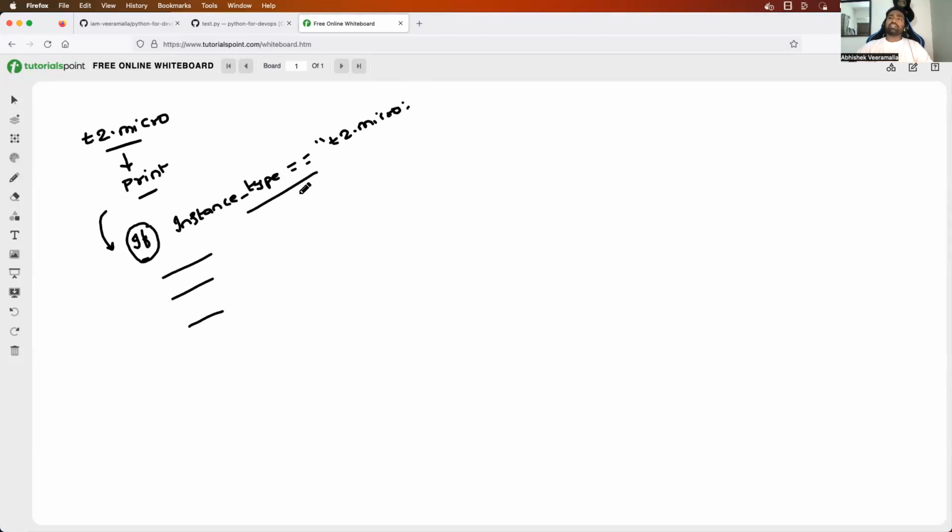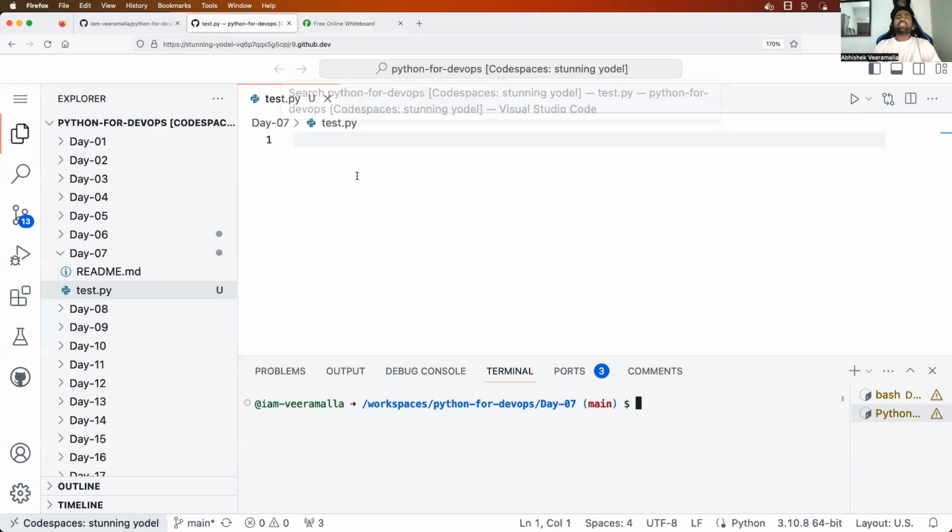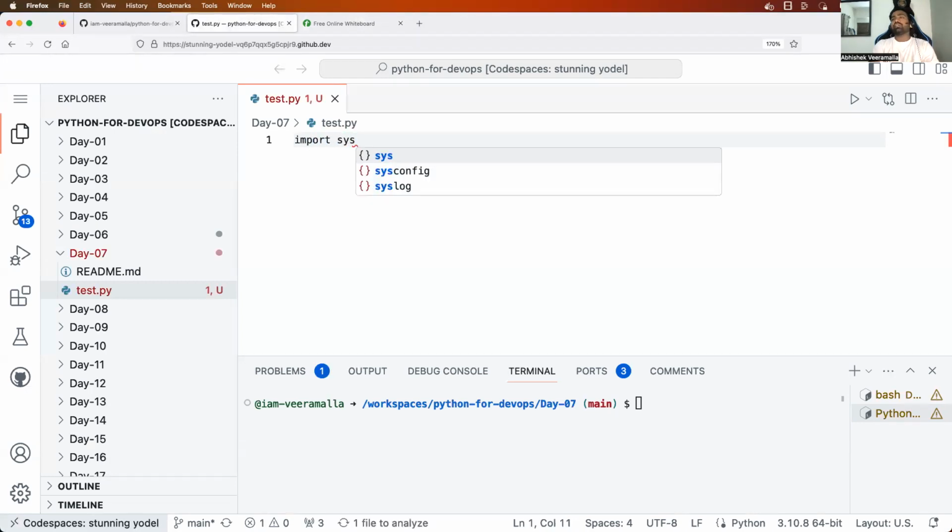Only if this particular condition is met, then I will write a print statement saying that I will create the required instance for you. If the user is providing t2.medium, then this particular block should not be executed, right? So let's see how to write this from the Python point of view. I'll use a terminal. This is very, very simple. So what I'll do is, because I know the user is passing input, I will say import sys, so that I